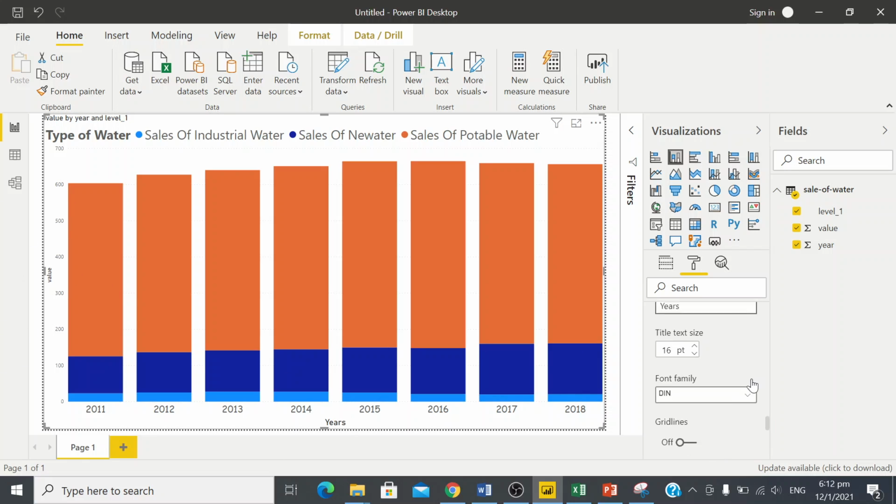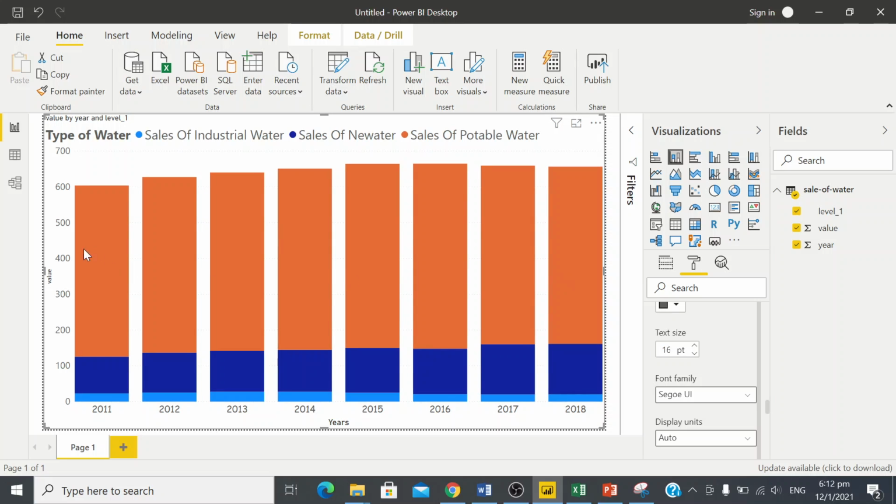Yeah, so the y-axis, same changes. Yeah, so I don't want to play around with all the rest. I just want to change the font size to 16 as well, so that it's both the same. Yeah, and I would like to keep my title. And let's say the title, I'll just stick to value maybe, or quantity of water if you want, yeah, or water quantity,